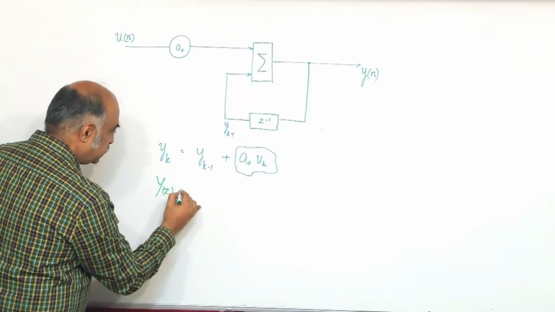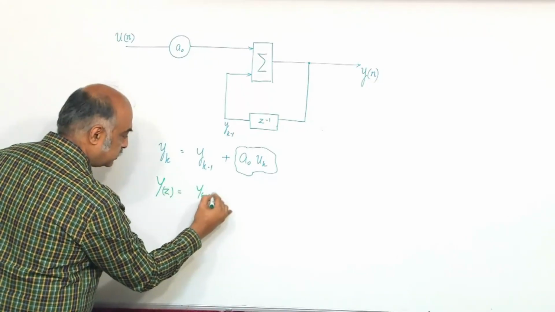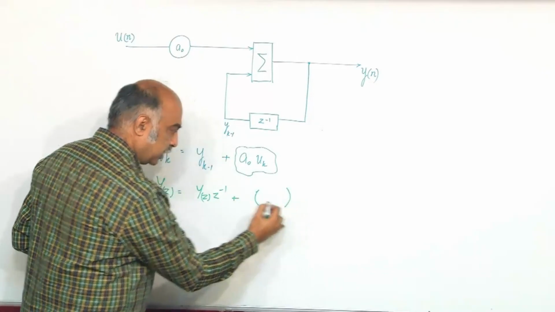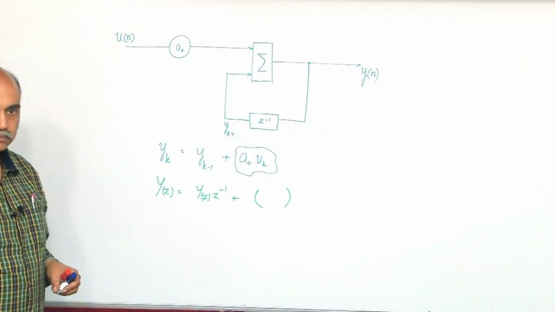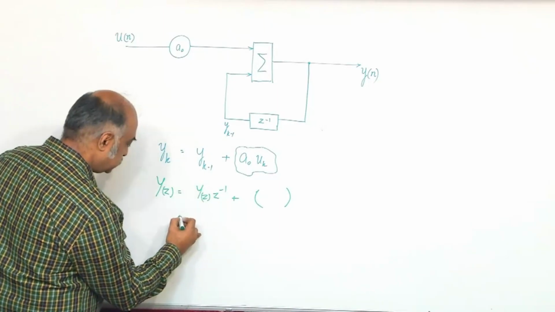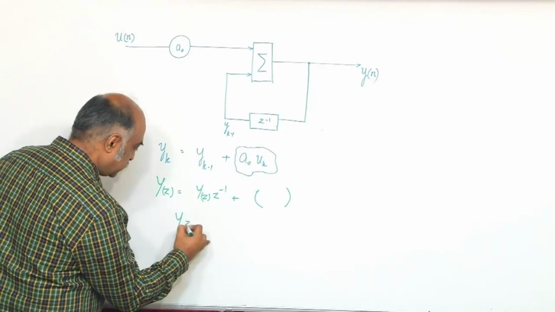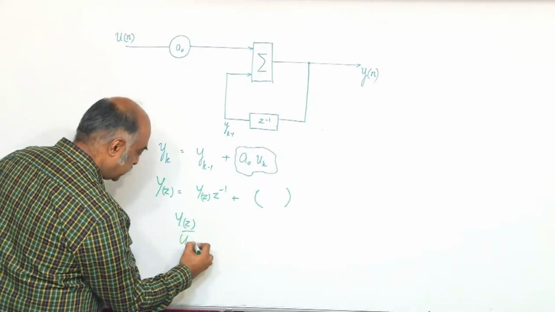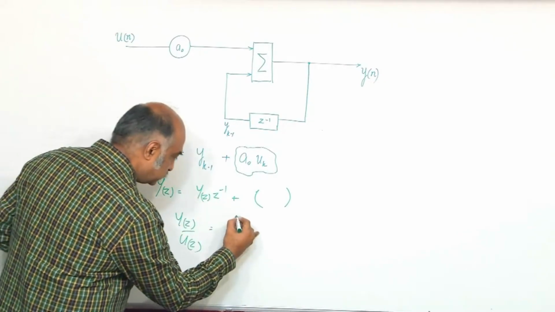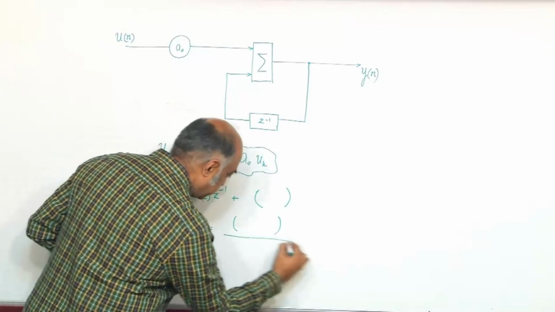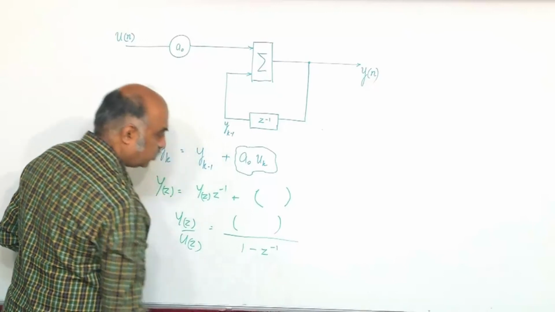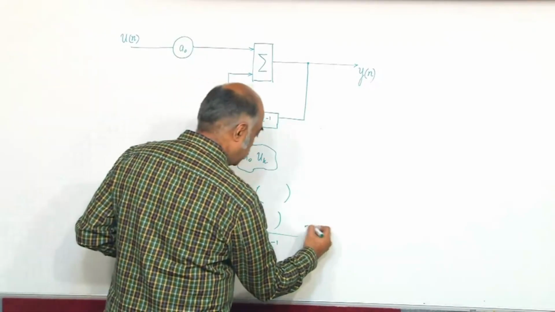Y of z to the power of minus 1 plus something, right. So, if I take y of z by u of z, this portion you are taking it out. So, there will be something here in the numerator, 1 minus z to the power of minus 1, or